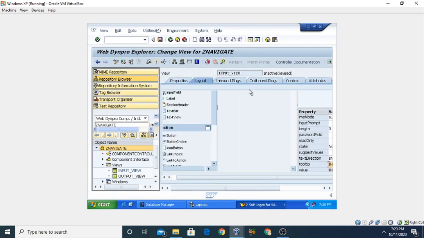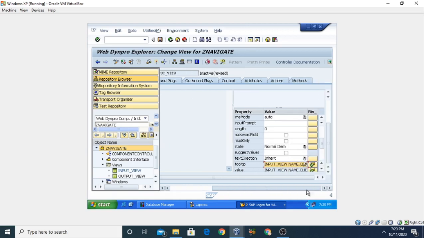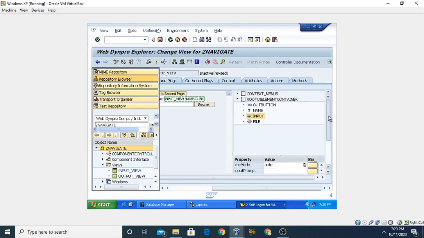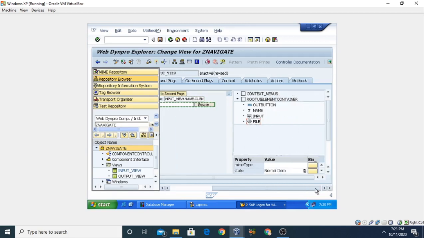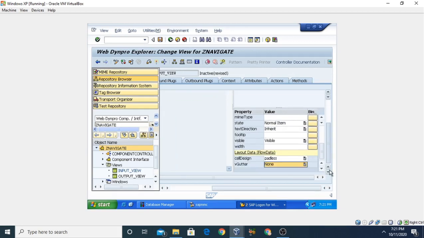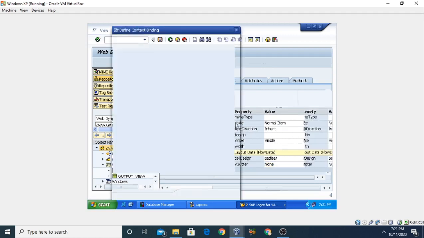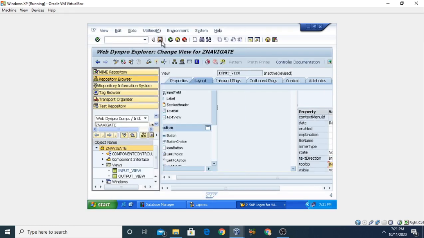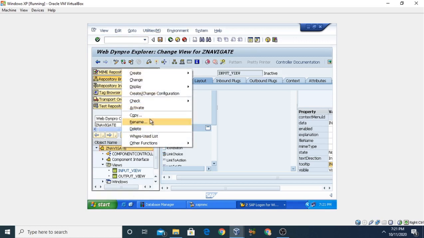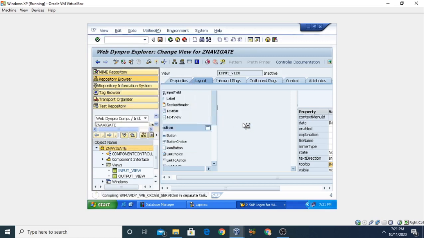Just select it. Similarly for the other element, you can set it for the file. Go to this one and you can select the tooltip. You can select client name and then press OK and then click on the save button. Just right click on it and check for the syntax.